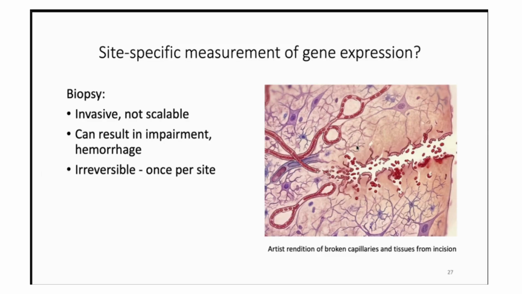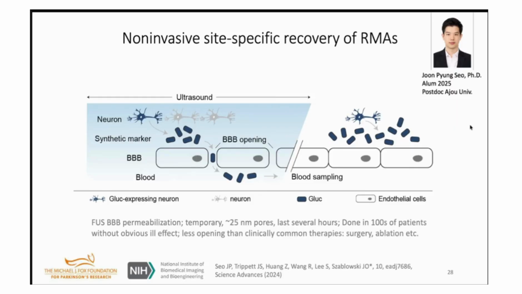Typically, if you want a spatially precise readout for the gene expression, you would have to do something like a biopsy, which of course breaks the blood vessels and spills all the blood and cuts the axons and so on. And it's just not ideal because then you just damage that site. You cannot measure it more than once. So that's a problem. So what we did